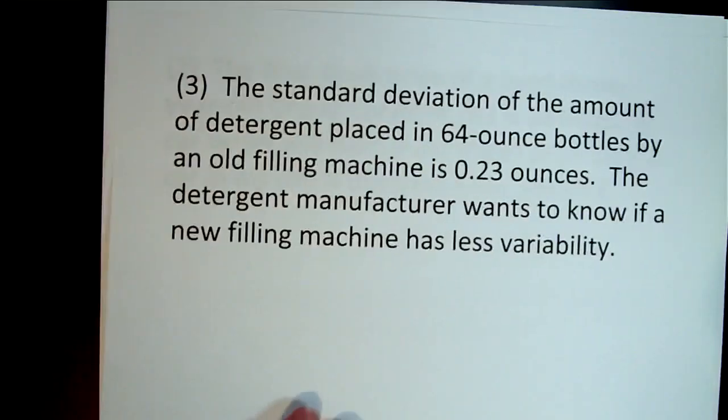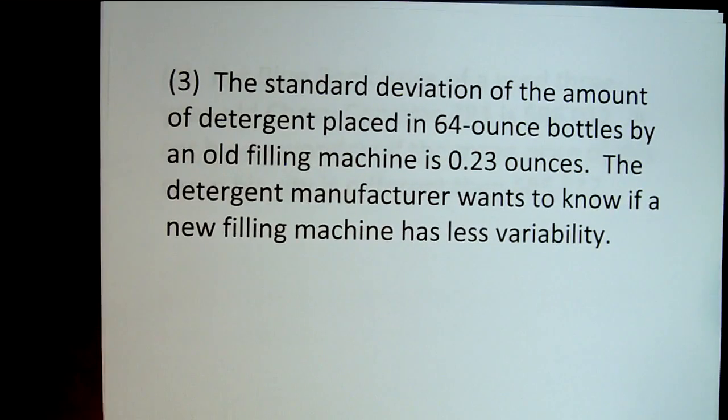And number 3, the standard deviation of the amount of detergent placed in 64-ounce bottles by an old filling machine is 0.23 ounces. The detergent manufacturer wants to know if a new filling machine has less variability. And remember, standard deviation is what measures variability. Okay, please do